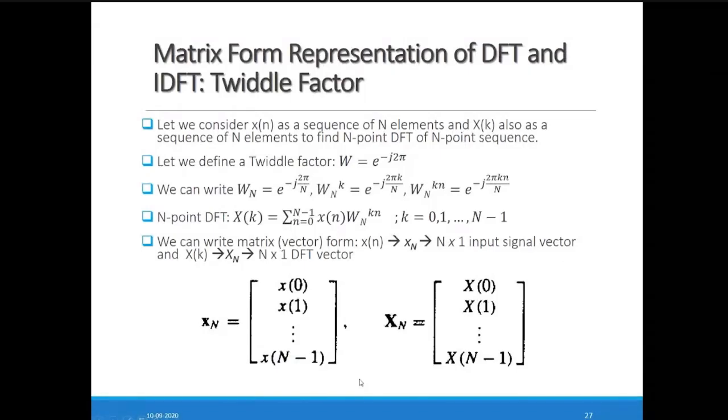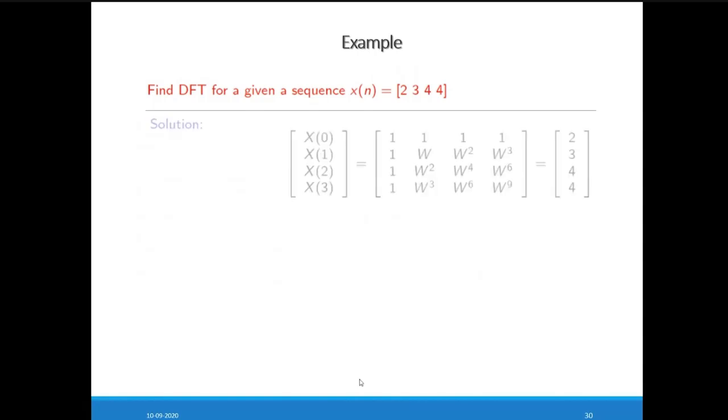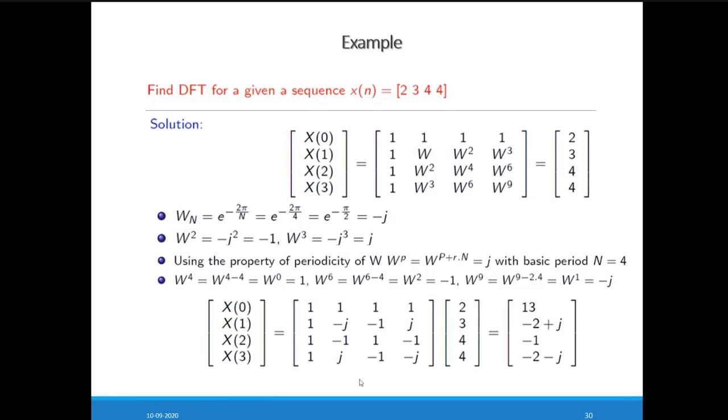Okay, after the twiddle factor, we have done one example. This one, 2, 3, 4, 4. Okay, then we go for the next example. Please note down this. I think, as Apurva told me, we have covered the 2, 3, 4, 4. I'm having a little confusion because I'm covering the same topic and the same slides in the EC class.